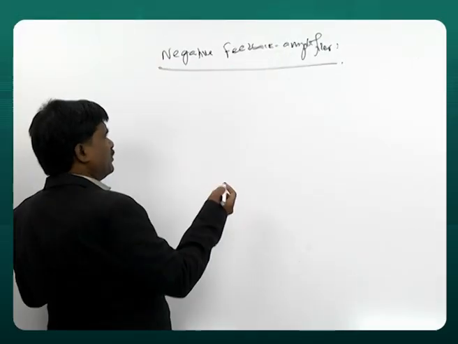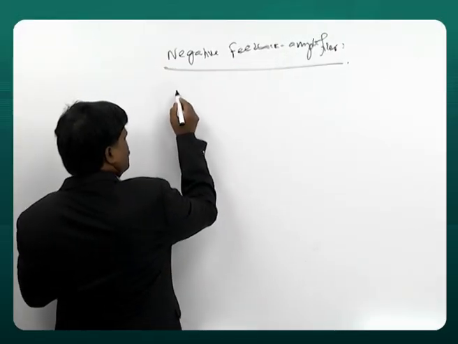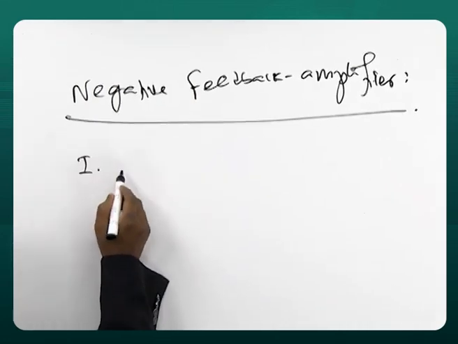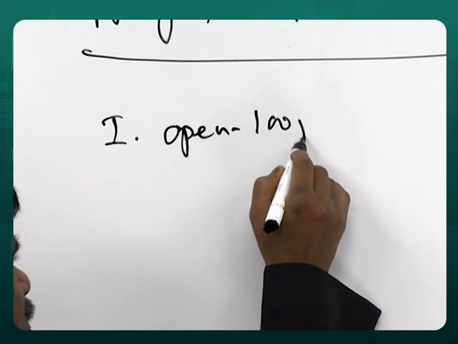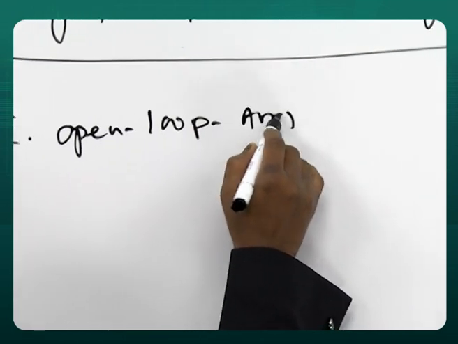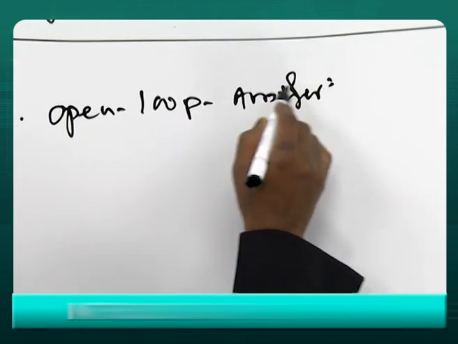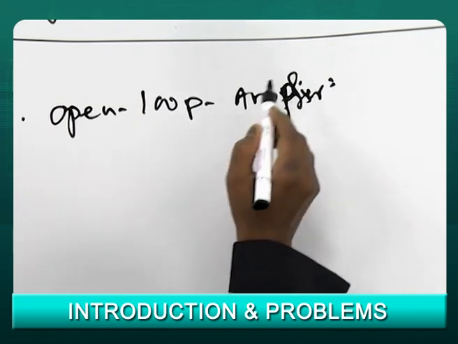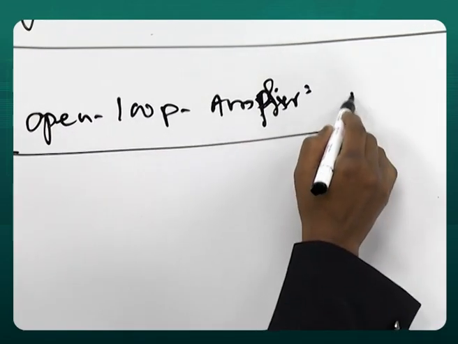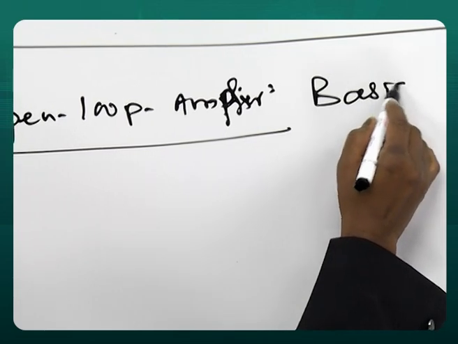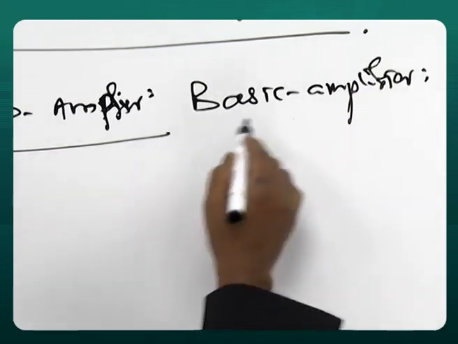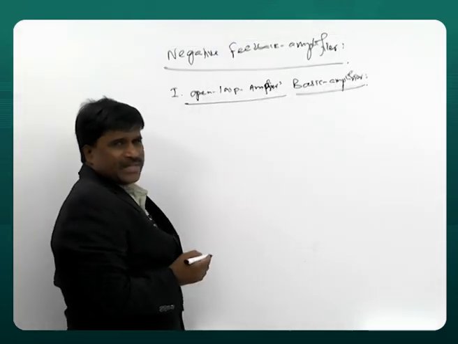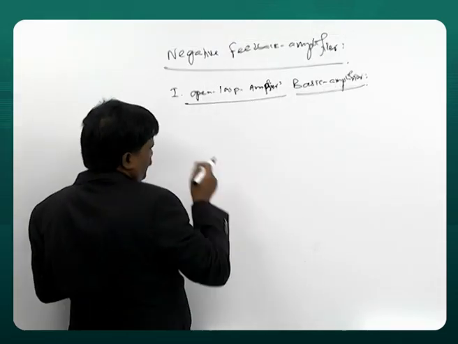Negative feedback amplifiers. The first thing is the open loop amplifier. That we call as the basic amplifier. Basic. For example,